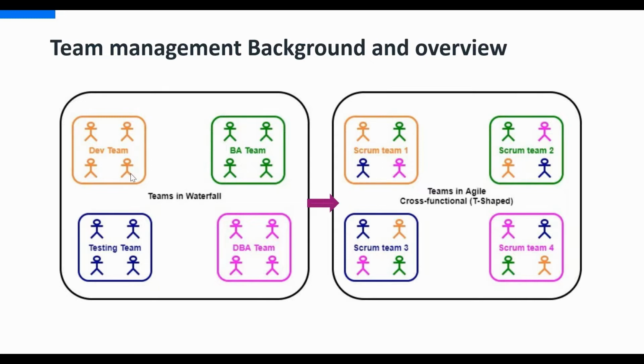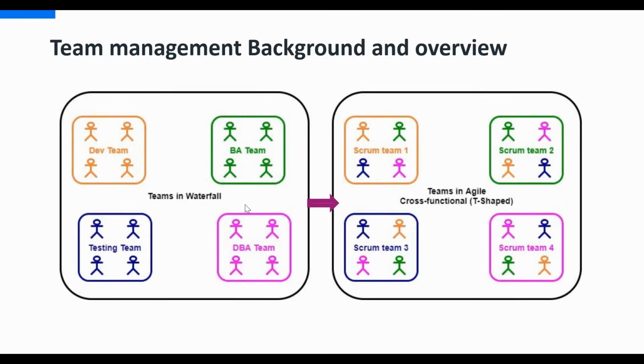So in waterfall, as you know, there are teams like a development team, business analyst team, testing team, DBA team, and they work in silos earlier, but at the end they come together and do system testing. While in agile,